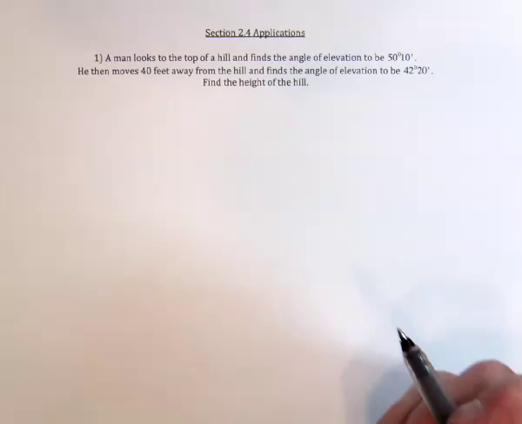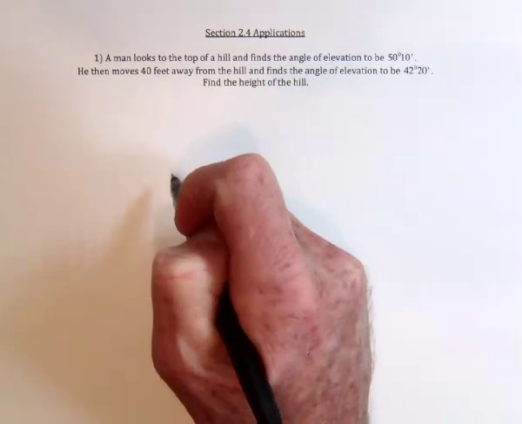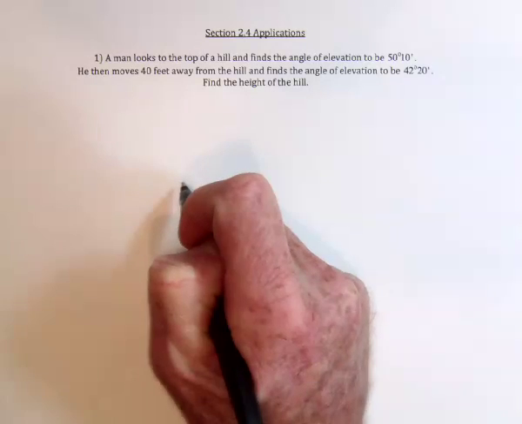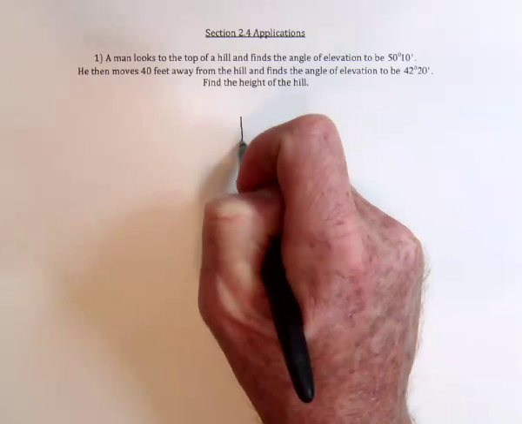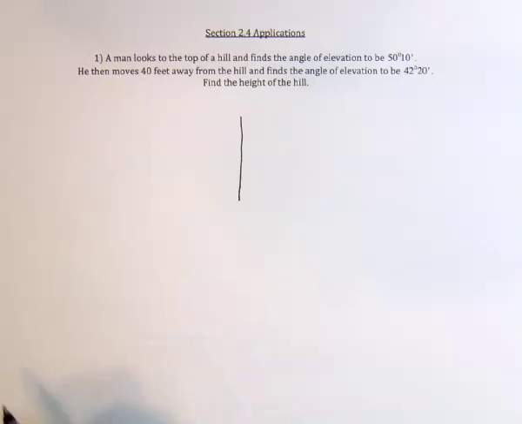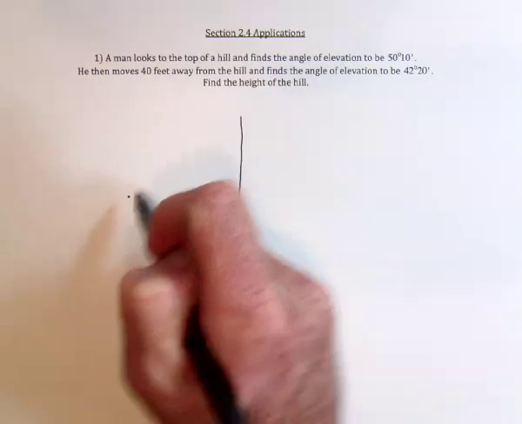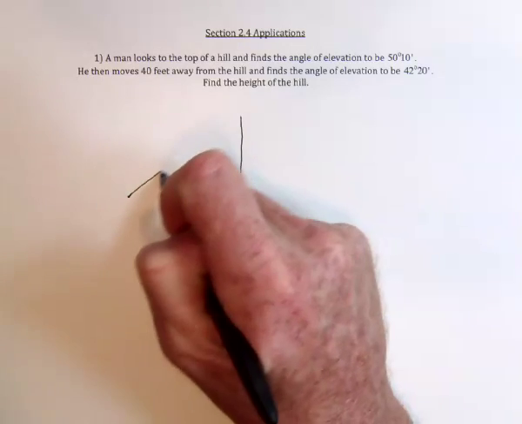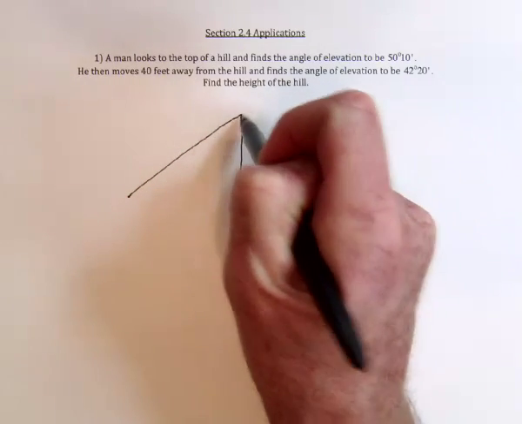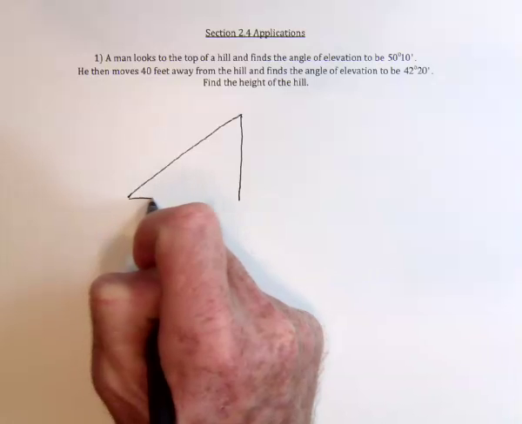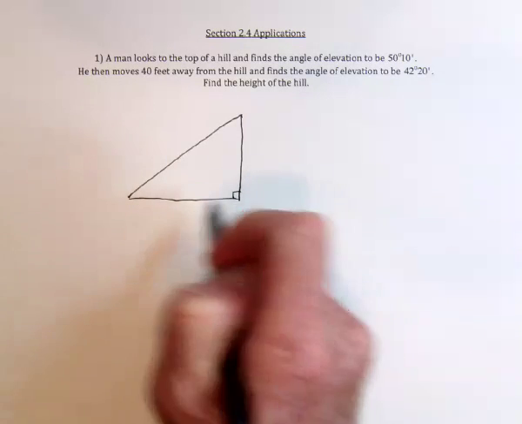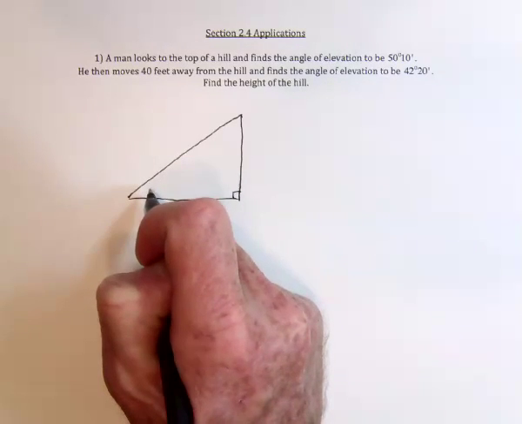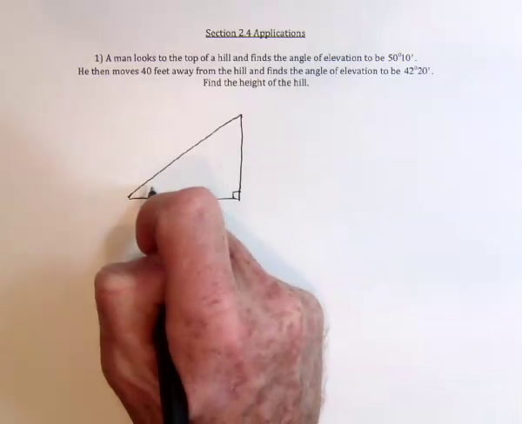So we're given two angles of elevation. To begin with, the person is looking at the top of a hill, so I don't need to draw a fancy hill, that's going to be my hill. And the person's standing over here, and as they look at the top of the hill, the angle of elevation, which means from the horizontal or the ground up, so this angle over here is 50 degrees